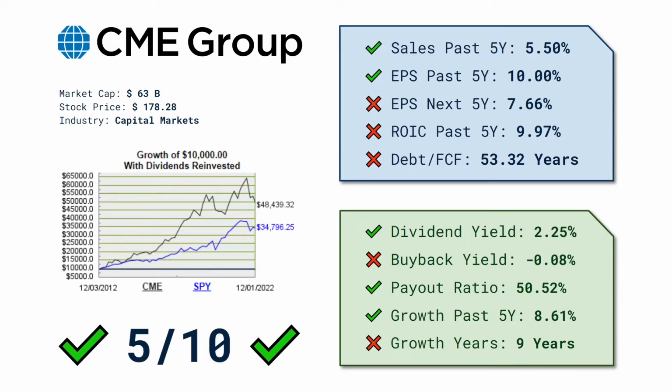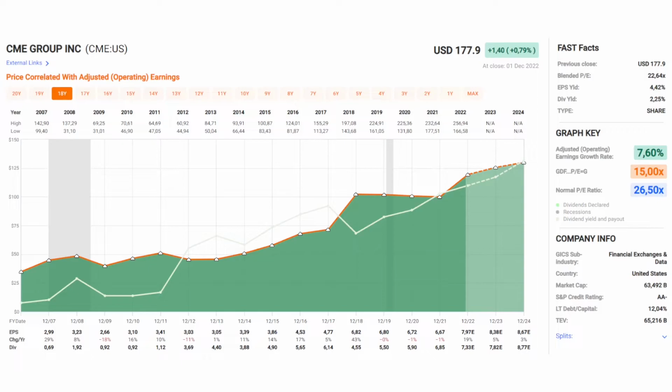Let's check the valuation. Here we have CME Group in fast graphs. The orange line is the earnings per share and the white line is the dividend. For being a financial company, they actually fared quite well during the last financial crisis, 2008-2009. They dropped about 18% of their earnings, but after that the earnings have gone steadily up with only some minor